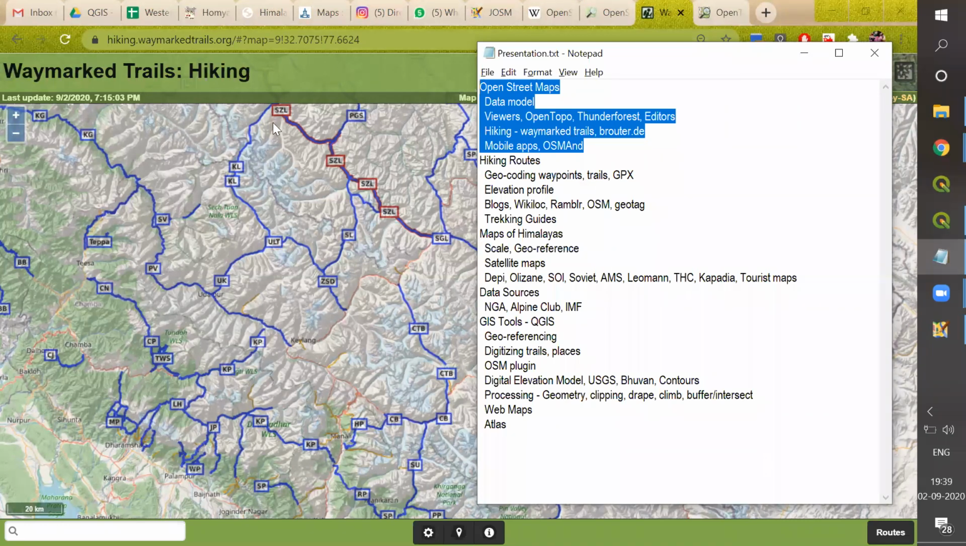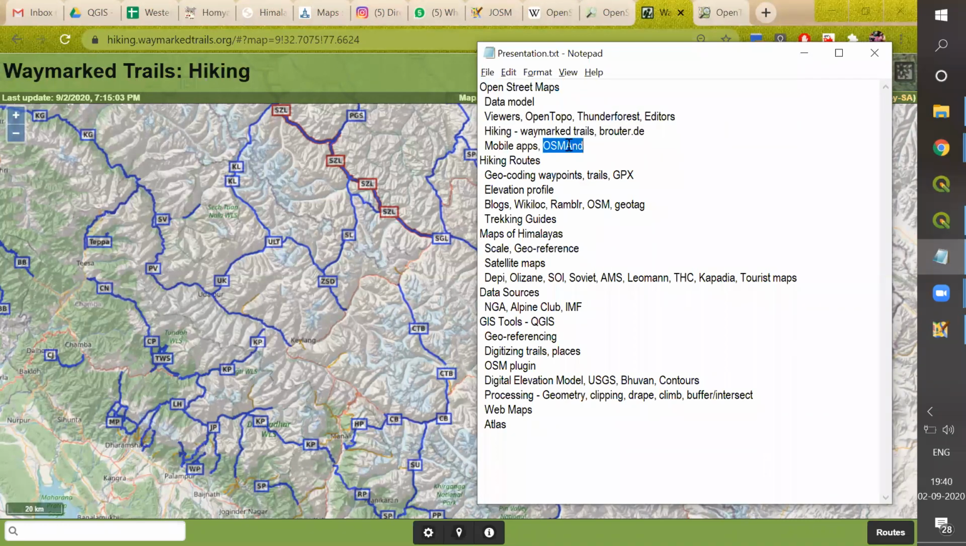Here we're looking at map viewers, but you have a lot of applications like OSMAnd, OSM from Android. Very useful applications for navigation on the phone. The beauty about OpenStreetMaps, I would say, compared to